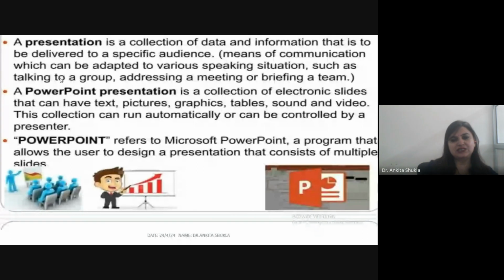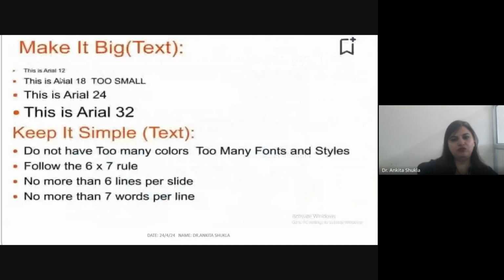Type in the subject in the Search for field. Click the box for Include Office.com content and then click the Go button. Click the picture you want from the results that appear and it will be inserted into your document. Shapes like lines, arrows, basic geometric shapes, equation shapes, flowchart shapes, stars, and banners can be added within the Shapes button. It will cause a large drop-down of multiple shapes to appear. Click your choice and then click your cursor on the document where you want it, and the shape will appear.